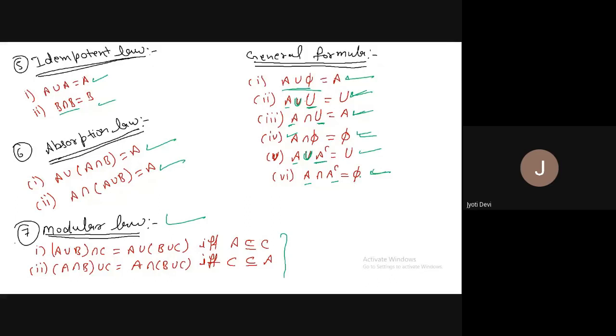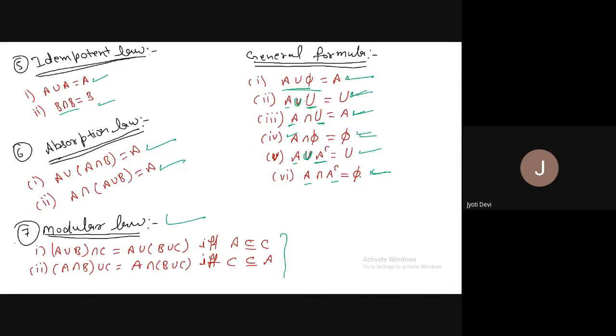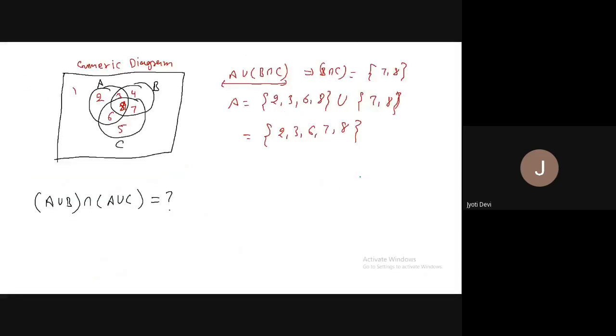Okay, this is the basic idea. Now let's see one example. I take the example of the distributive property. So I can write like this: A union B intersection C. There are three variables A, B, C, so I can draw the diagram like this.